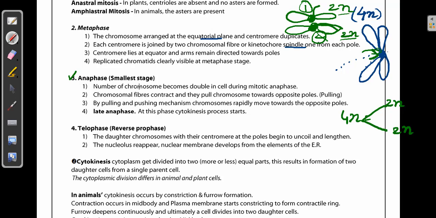Next is anaphase. In the anaphase, you can predict, these duplicated ones are going to move towards opposite directions. This will be monitored by the spindle fibers, the thread-like structures that are joined at the kinetochores. The kinetochores are going to shrink. You can say they will start pulling towards the centrioles in the opposite directions, and this makes sure that they are moving towards the polar regions of the cell. That means the ends of the cell. This is also a stage where you can see the cytokinesis may start at the end. So this stage is also called late anaphase. All right.